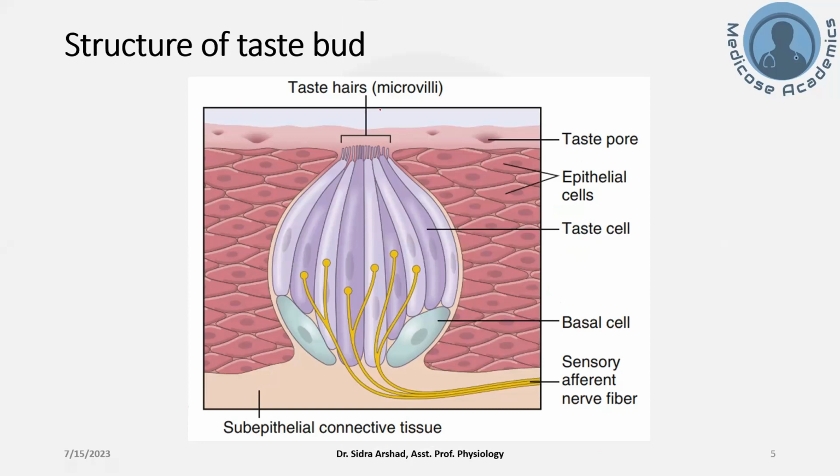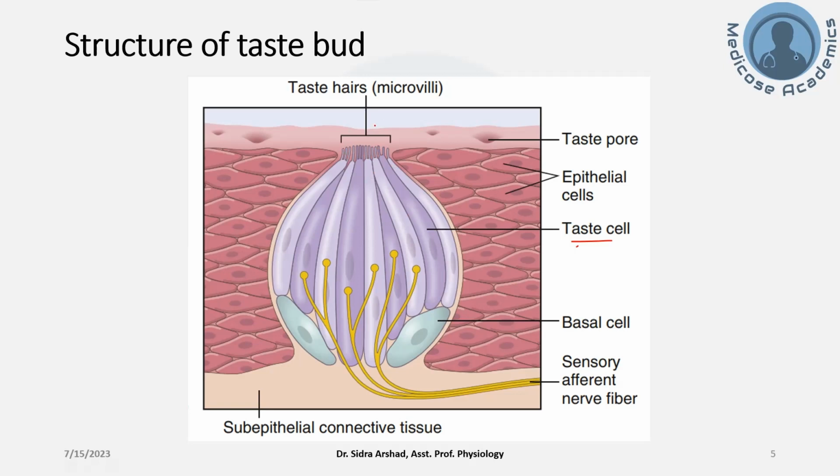Associated with the taste buds are the taste cells, which are the receptor cells for the taste sensation. You can see right over here in this diagram, these are the taste cells in the dark violet color. The taste cells are present in the taste bud, interspersed between the supporting or sustentacular cells. The taste cells are specialized cells because on their apices are present microvilli.